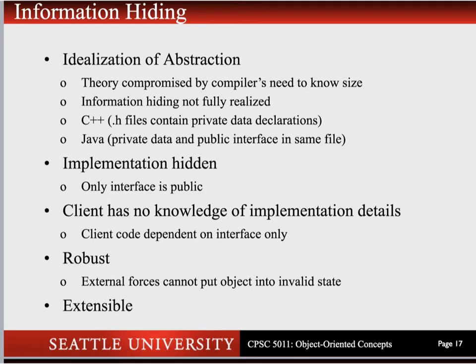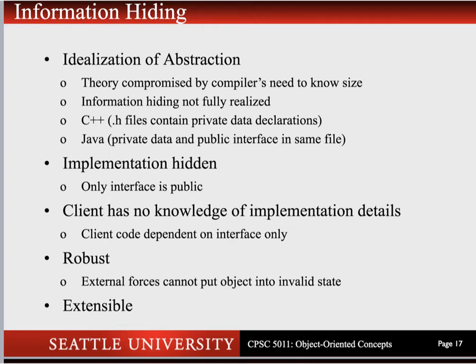The creation of abstract data types allows us to separate the implementation from the interface. The implementation is hidden, and the client can only interface with what is publicly available. The client has no knowledge of the implementation details, and those implementation details can vary. So the client code is only dependent on the interface. This is robust in the way that external forces, as mentioned before, cannot put that object into an invalid state,